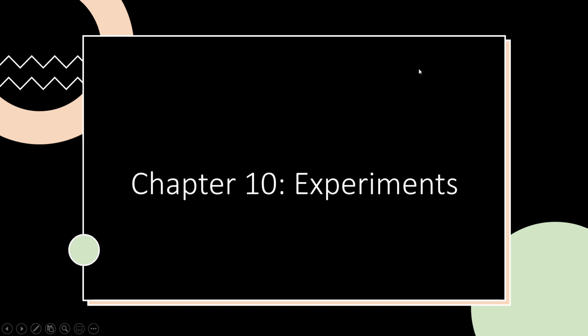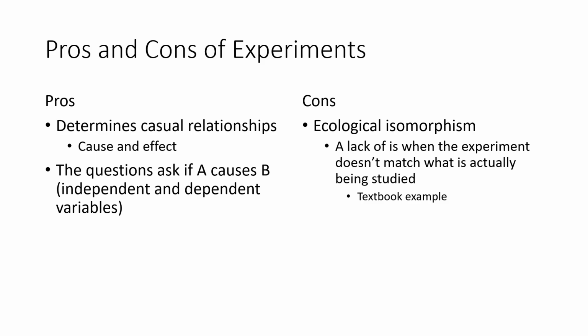Okay, so today I'm going to be talking about Chapter 10, and Chapter 10 is all about different experiments. And I'll probably just be going over about the first half of this. So first of all, the pros and cons of experiments. On the pro side, it determines causal relationships, which, if you don't remember what that is, is cause and effect essentially. And going hand in hand with that, we're asking if A, our independent variable, causes B, our